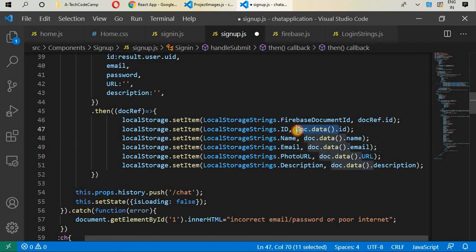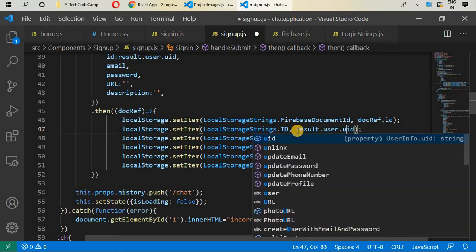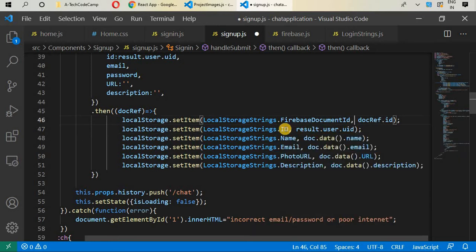And in here with ID we'll give it result.user.uid because this is our Firebase ID. And inside name we'll just give it name, and we'll give it just email. Make sure you know that this is the local storage that we are updating, because from the sign up screen we are going to go to chat screen,